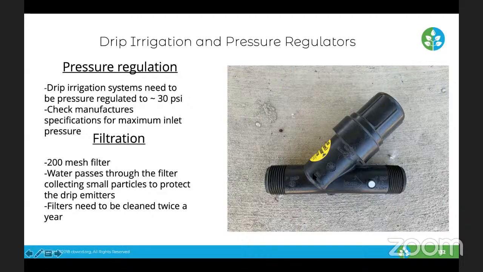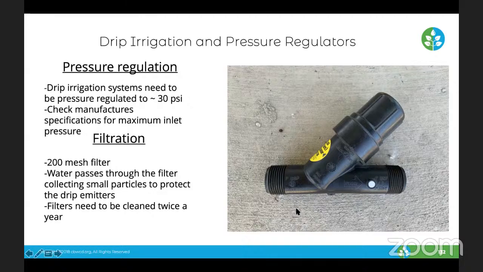So this can take 150 PSI maximum going in, and what comes out is 30 PSI, which is what we need for drip. And the reason why I bring this up is, I guess it's not recently because we haven't done it in over a year, but within the last couple of years, I've gone to a couple homes through our program, and they've had issues where this cap here was leaking